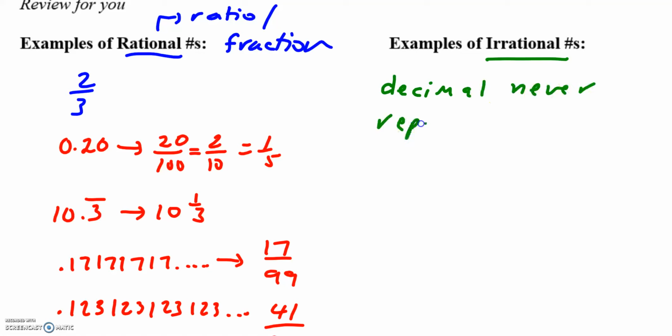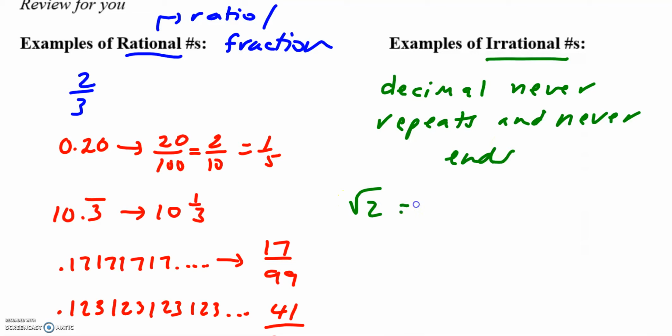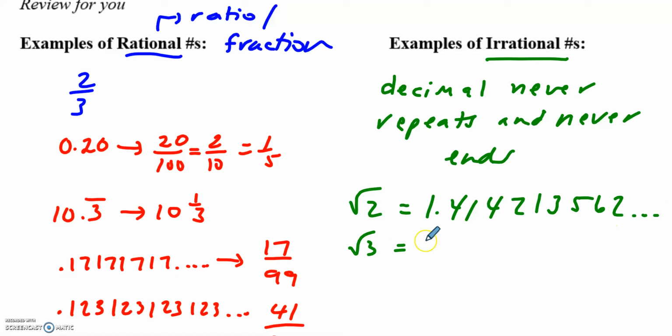Never repeats and never ends. So there's no pattern to be seen. Some examples of this would be the square root of 2. So that is 1.4142135562 on and on and on. No pattern here. The square root of 3 is also an example,